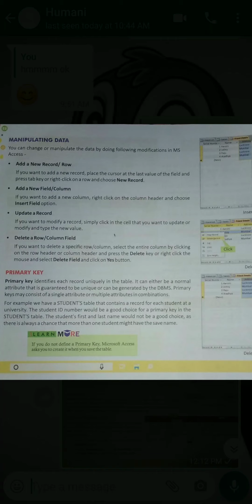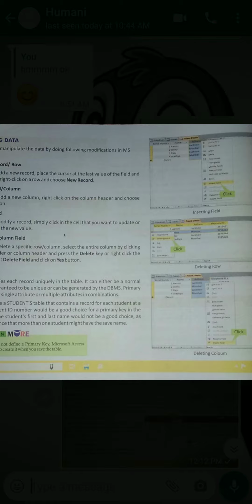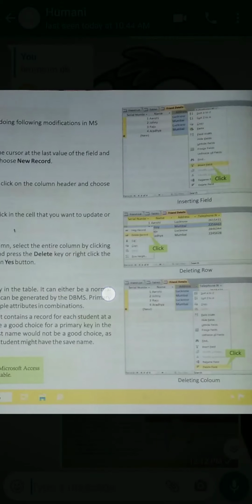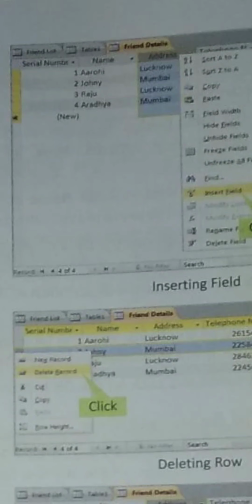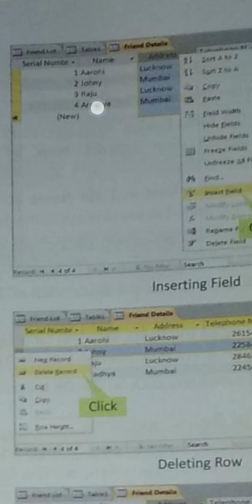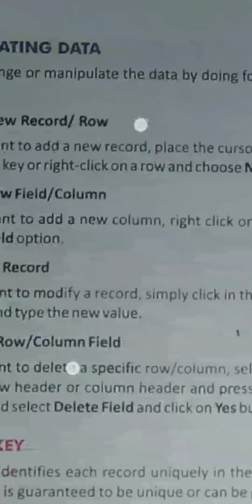So now here, if you want to make a column, here the first row, add a new row. So adding the row, here it is the new one, the last one, you have to press here, and a new row will be inserted. And if you want to make a column, you have to click here and right click and make the new field, that will be adding a column. And for a row, here the last record will be there. After that, press the tab key, and a new row will be created.